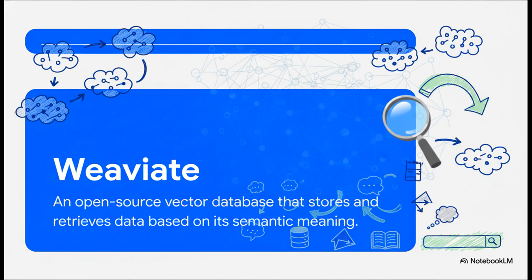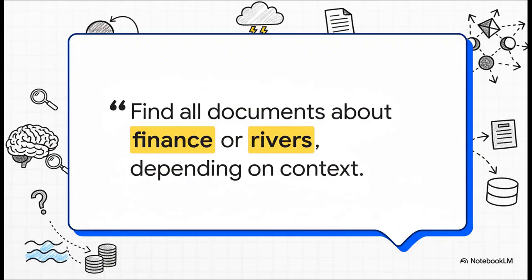Now, that's a bit of a mouthful, I know, but the key phrase to lock onto is semantic meaning. It uses this cool thing called vector embeddings to actually store the meaning of your data, whether it's text, images, or even audio. And this bank example just hits the nail on the head. Instead of just finding the word, Weaviate can figure out what you mean. It can find you documents about financial institutions or about riverbanks, all depending on the context of your search. I mean, that's a complete game changer.